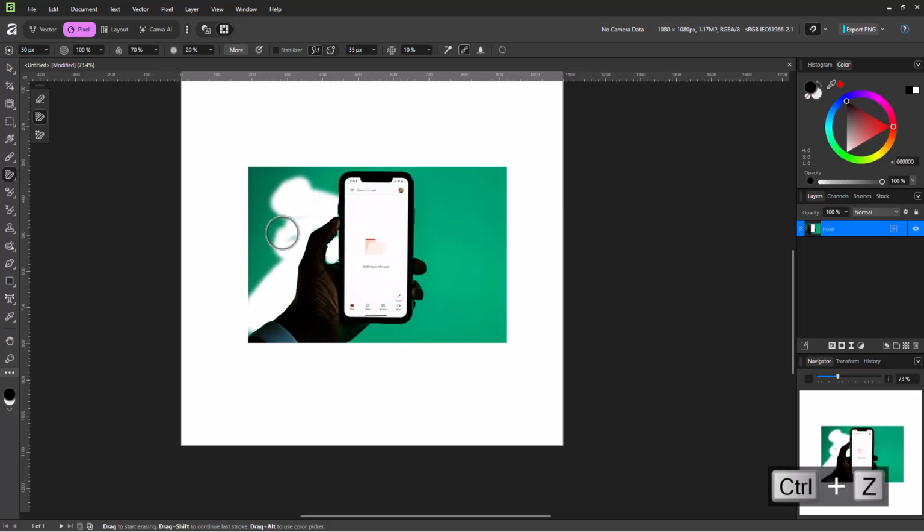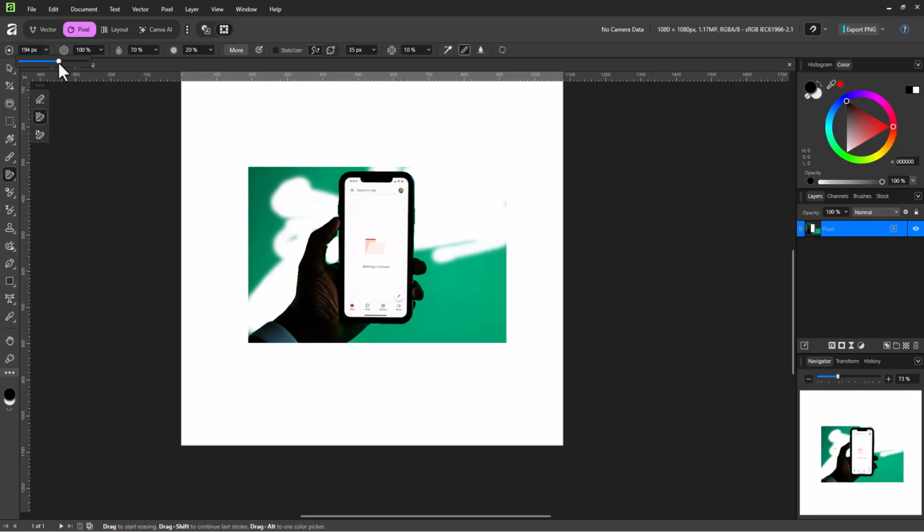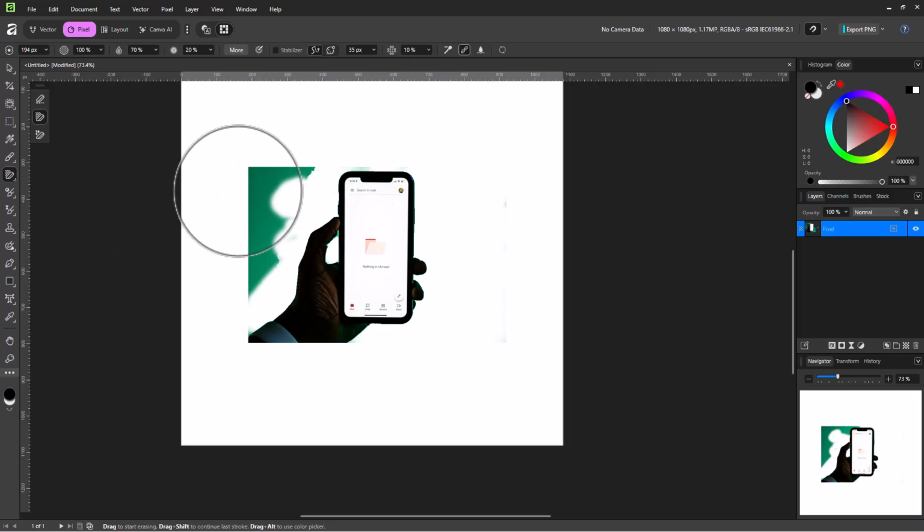So let me just press Ctrl Z and I'm simply going to go ahead and take sample of the green color. So I'm just going to click and hold, and then I can go ahead and click and drag to go ahead and erase this out. I can even change the size of the brush right here and add in stabilizer, flow as with any other brush. But let me just go ahead and take sample, click and hold, and simply go ahead and erase the background out right here, just like this. I can click and drag right here, just like this,